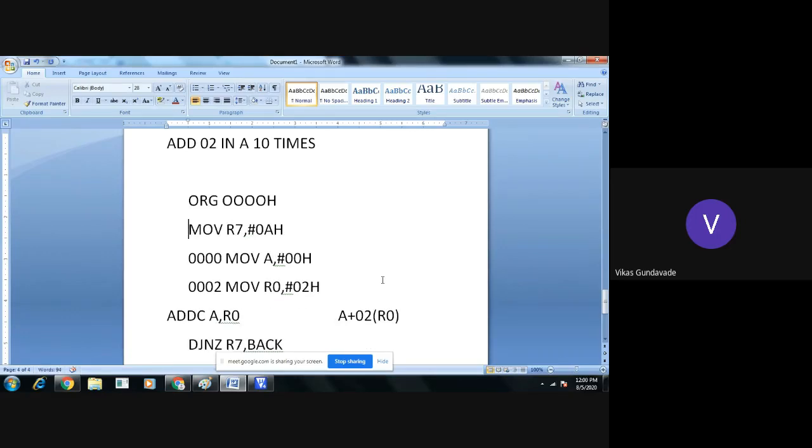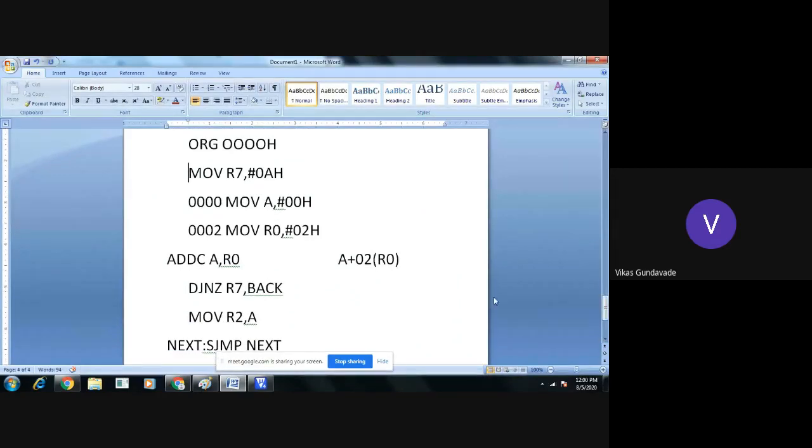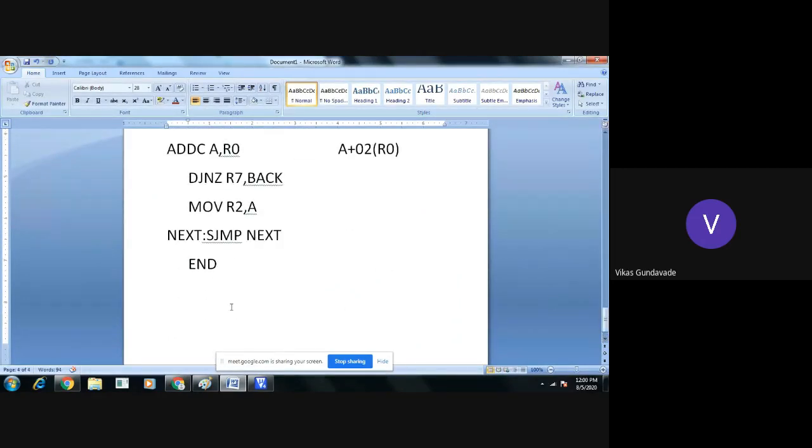Now here what we have done, we have added 02 four 10 times. So this is nothing but a simple program of 02 multiplied by 10. Everyone got it? So if we take the program for multiplying 02 with 10, what will be the result?